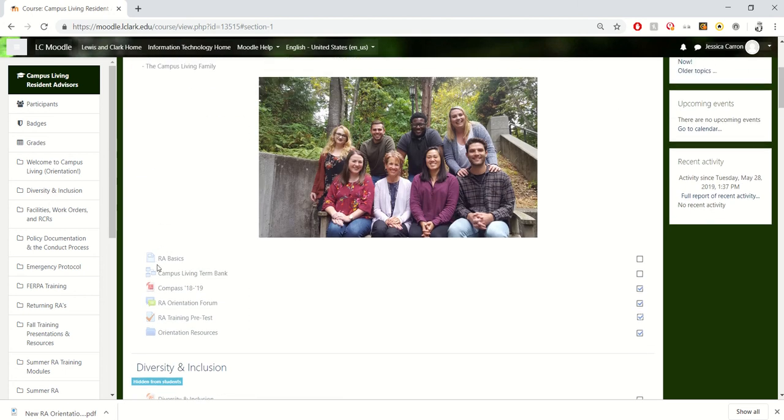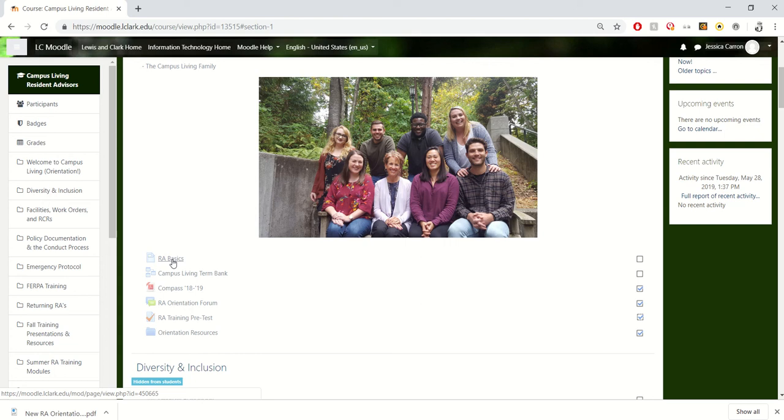The first one, and the one you will most commonly see in this RA Basics area, looks like a sheet of paper with a little dog ear on the end. That means that we have embedded a page within this particular thing that you're going to click on. And for us, it will almost exclusively mean an embedded PowerPoint of some kind. We've really tried to minimize the amount of things that you have to download whenever you're using the Moodle. And so we wanted the PowerPoints to be accessed within the Moodle itself rather than you downloading the PowerPoint, viewing it, and then going back.